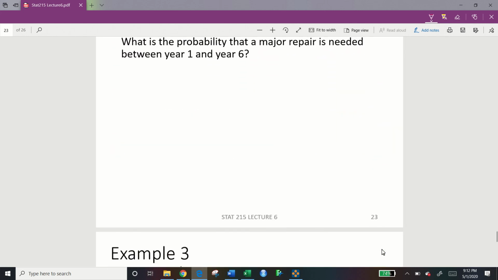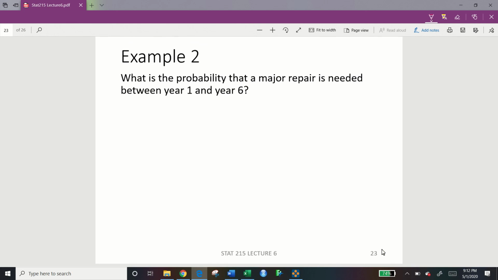Let's take a look at our last part of example 2. We want to find the probability that a major repair is needed between year 1 and year 6. Once again, there are 2 ways to go about it. Option 1 is to perform our integration on our function 1/4 e to the negative x over 4 dx from 1 to 6. The second option is to use our rule that says,